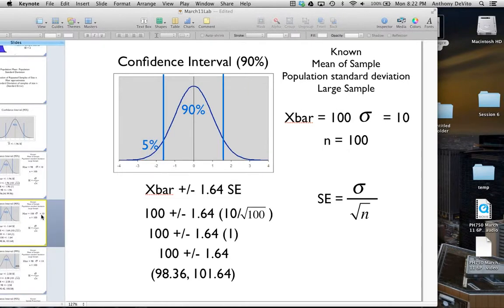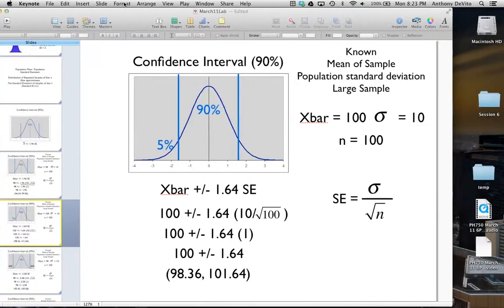Okay, so similarly, if we're willing to accept more error, we can use a smaller confidence interval, a 90% confidence interval. In this case, 5% can be in this tail, 5% can be in this tail. And if I go up there to the z-score that I'm going to need for this, and you can take my word for it rather than going back and doing it again or look at it yourself, we would use a z-score of 1.64. So just changing the z-score to one that represents the confidence level that we want allows us to determine what the margin of error has to be in order to satisfy that confidence interval. And we can calculate that confidence interval for any percentage that we want based on